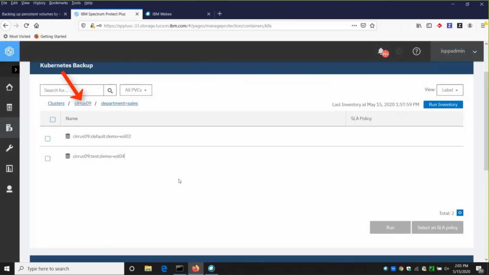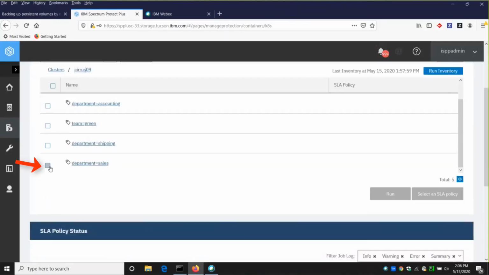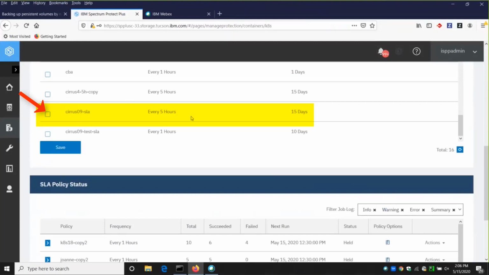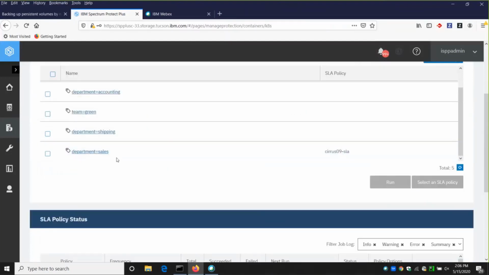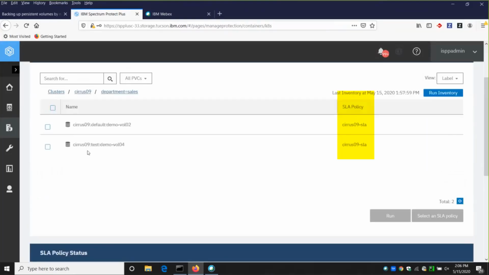So back in Series 09, we'll go ahead and check the label department equals sales. And then if we go ahead and select an SLA policy, and we'll choose the Series 09 SLA, and we'll click Save. Here you can see that SLA policy has been assigned to this label. And if you drill down into the label, you'll see it's been assigned to the volumes across the cluster that